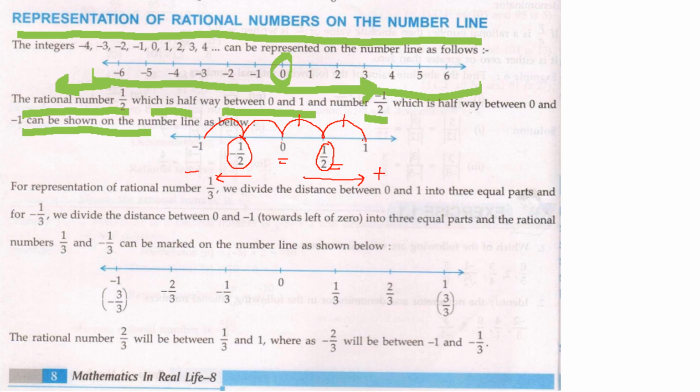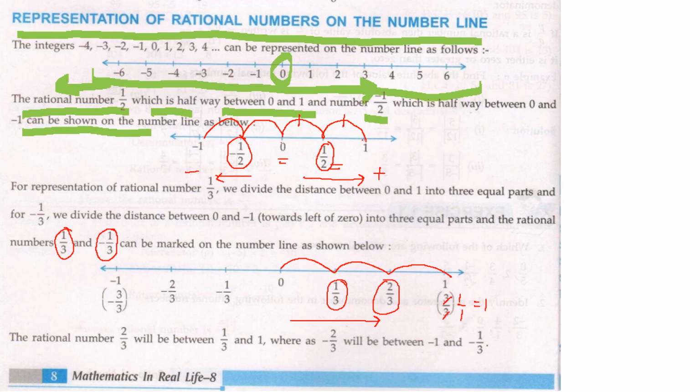Look here. Now here they are asking you to represent 1 by 3 and minus 1 by 3 on the number line. Then what you will do? For plus 1 by 3, we will move to the right hand side of the number line, and from 0 to 1, we will divide the number line in three parts. This is the first part, second and third. So this one is 1 by 3, 2 by 3 and 3 by 3, which is actually 1. How is 3 by 3 equal to 1? 3 ones are 3, 3 ones are 3 and 1 by 1 is 1. That's how it is a 1.